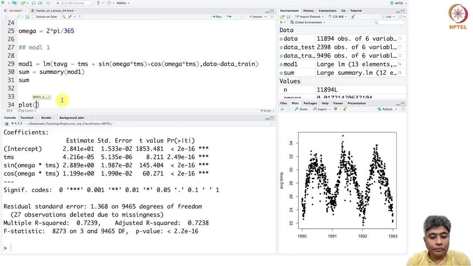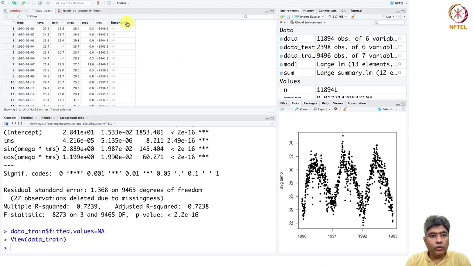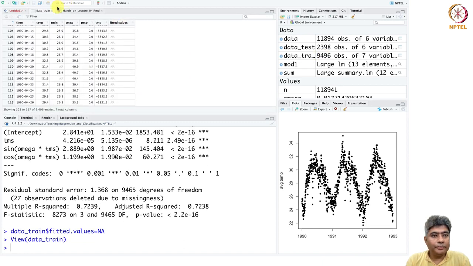So before plotting, in the train data, we will take the fitted values equal to NA. We are creating a new column with all NAs,